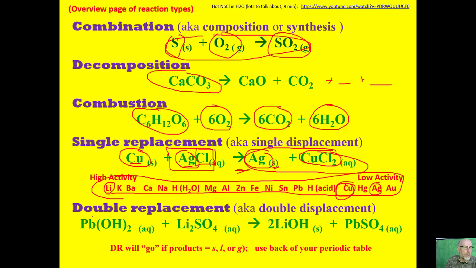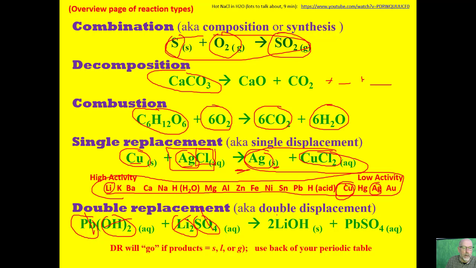Double replacement reactions. You have a cation and an anion and a cation and an anion. This is not exactly the right way to say this, but sometimes people refer to it as like a girl and a boy and a girl and a boy. And then they switch out and they're dancing, and then they switch partners. So then this girl goes with this boy, and then a little bit later this girl and this boy dance